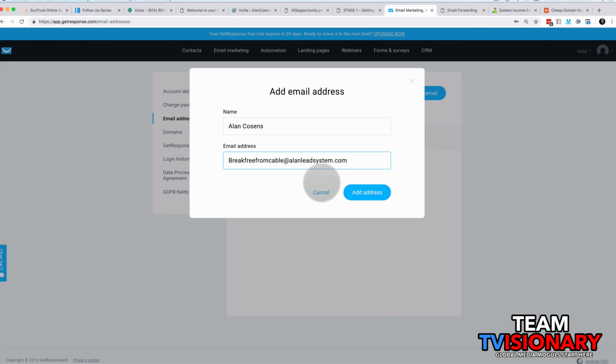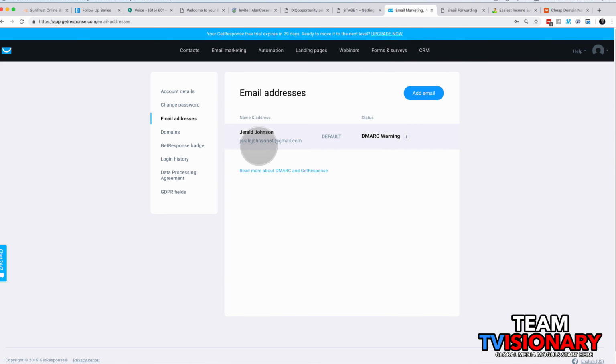Okay, I'm not going to do that right now because this is not my account. But if I were to do that, what you would see then is I would have 2 email addresses listed here. And it's probably going to ask me which one is the default. See, this says default. I would make the one on my domain name, the one that I just created, my default. In other words, when mail is sent out to my subscribers from my GetResponse account, it's coming from not a Gmail, not a Yahoo. It's coming from one on my domain name. Okay, so that's probably the second thing that you want to do